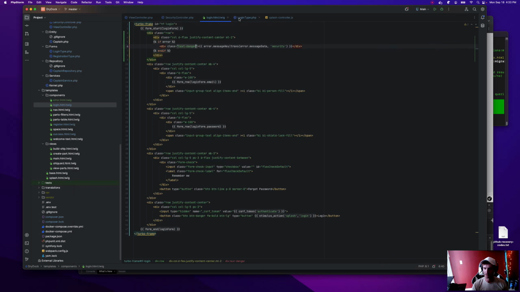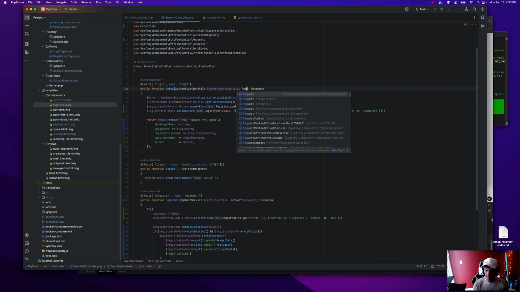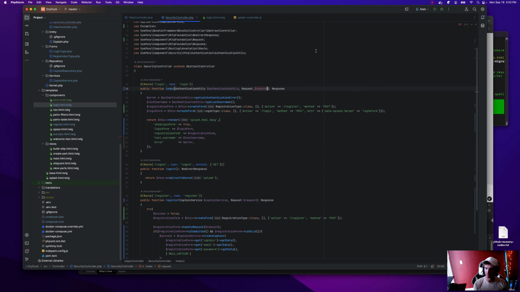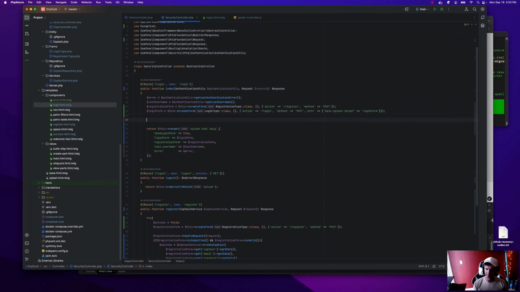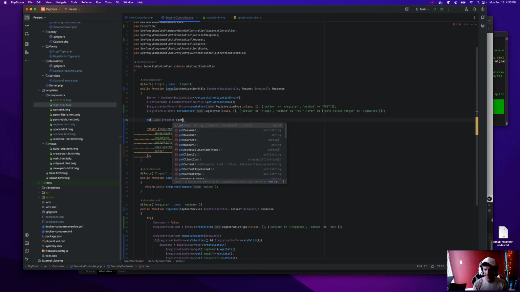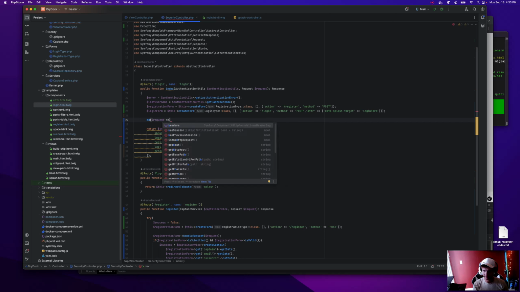So here's our trick to get this to work correctly. We are going to look at the request and we're going to look for a special header, and it's going to be different depending on where this comes from, on what type of request it is. So request in, we need to get the headers bag. You'll see what I'm talking about in a minute. Request headers. Yes, that's it.